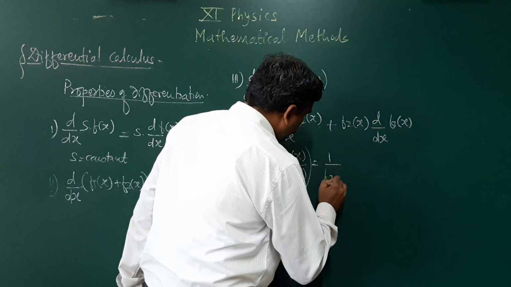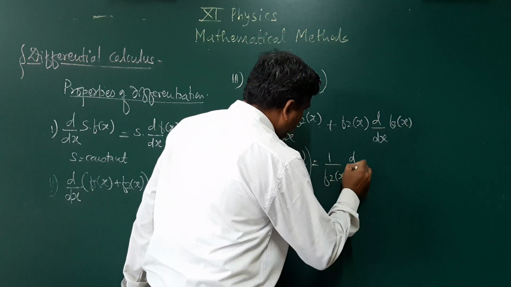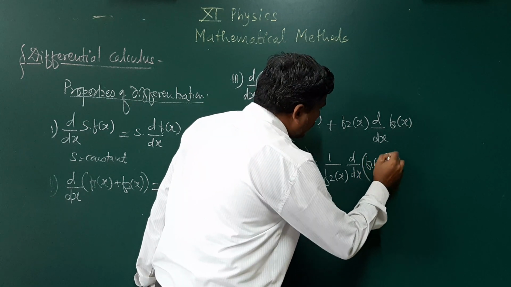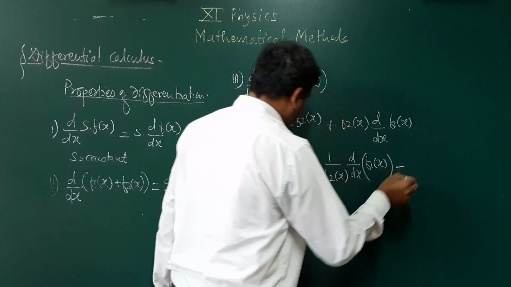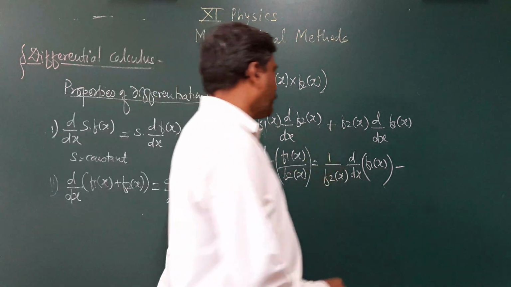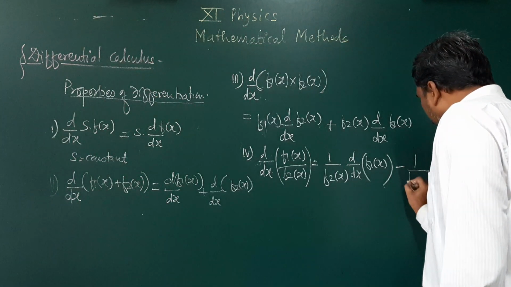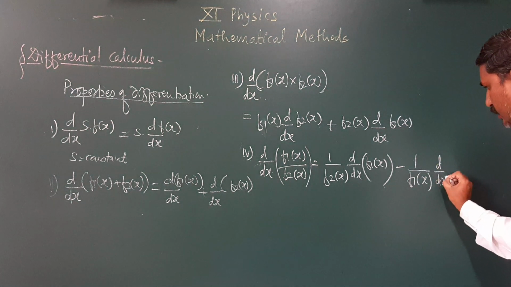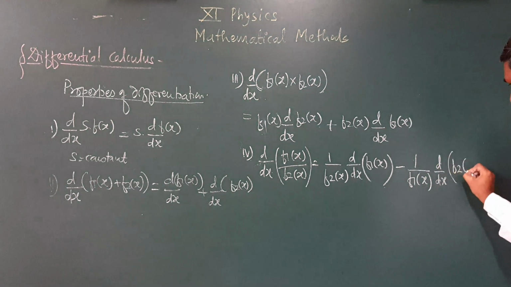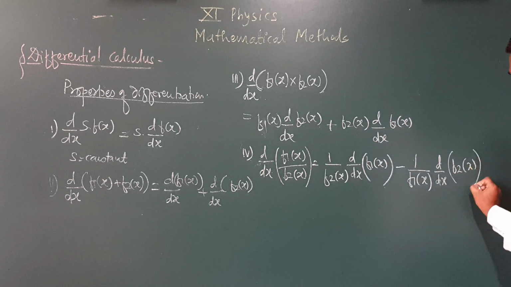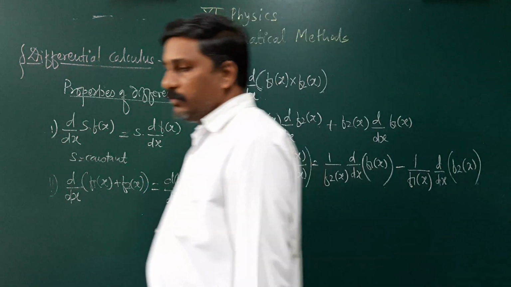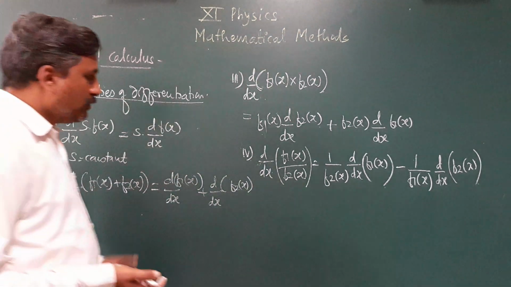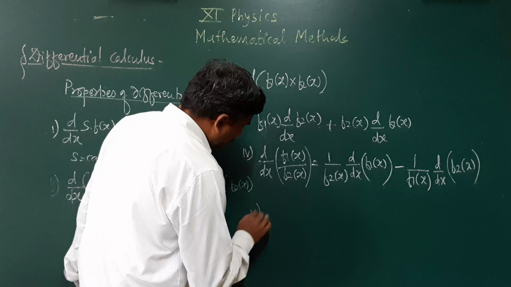Second term is 1 of f2 of x into differentiation of the first term, that is f1 of x, minus, because there is a division, there is a minus, 1 upon the first term kept constant and differentiation of the second. That is the fourth property, and we can multiply, for example,